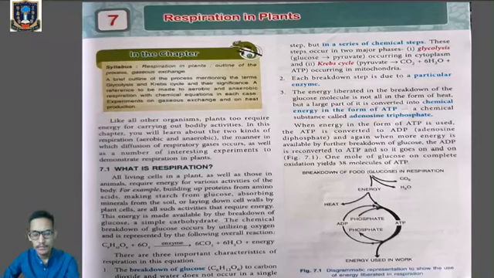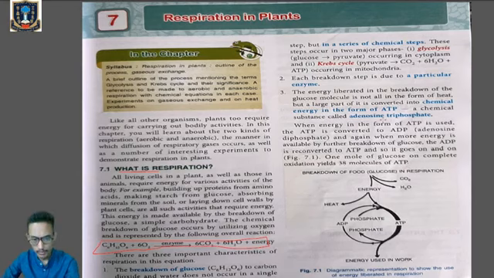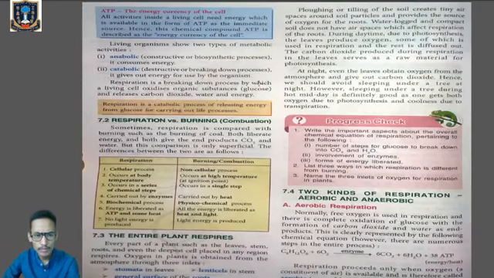We are dealing with the chapter Respiration. In the last class, we learned about the definition of respiration and the chemical equation of respiration. Then we learned the sequence of steps that occurs during respiration, which are mainly glycolysis and the Krebs cycle. Clear? Then we learned about the anabolic process and the catabolic process, and this particular process